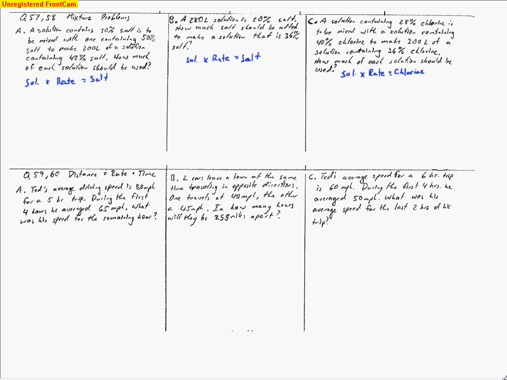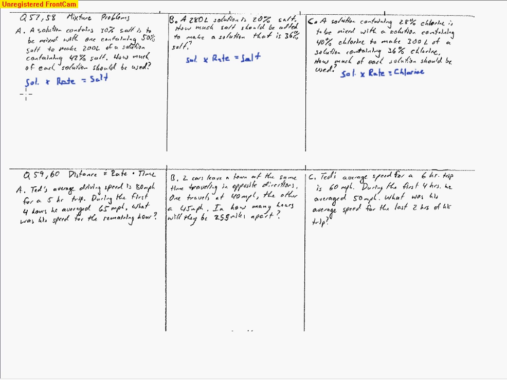These are the problems on the bottom of page 4 of the study guide for algebra benchmark number 2. So we got two mixture problems. Let's take a look at the different types here. I've written a portion of the chart, I just don't have a whole lot of room, so I wasn't able to write the whole thing. So anyhow, a solution: it's the amount of solution times the rate equals the amount